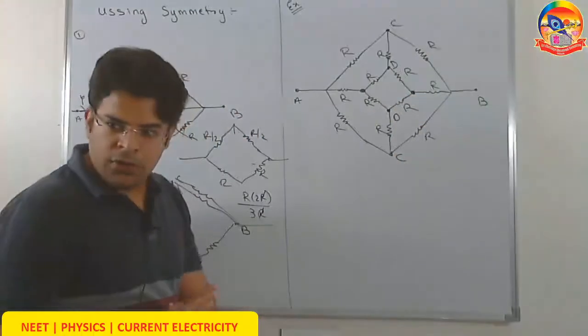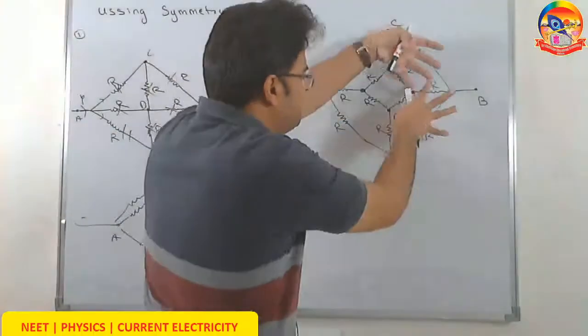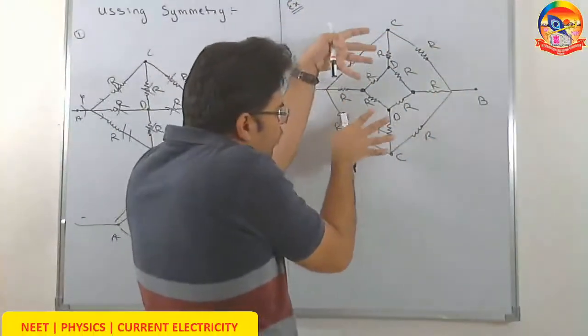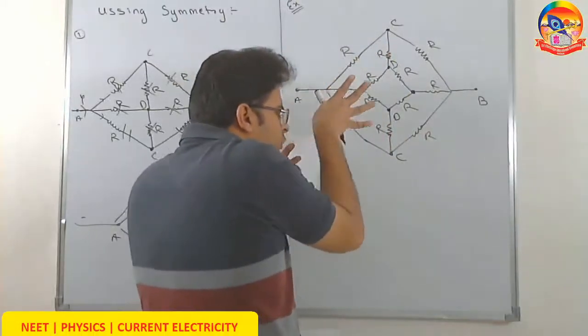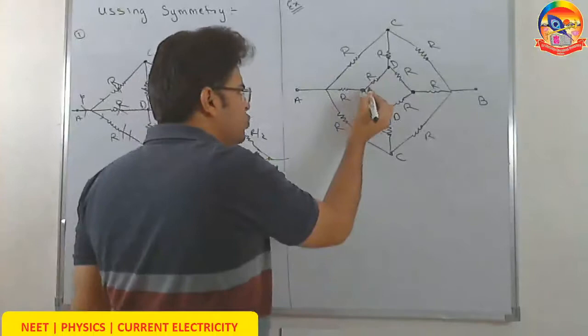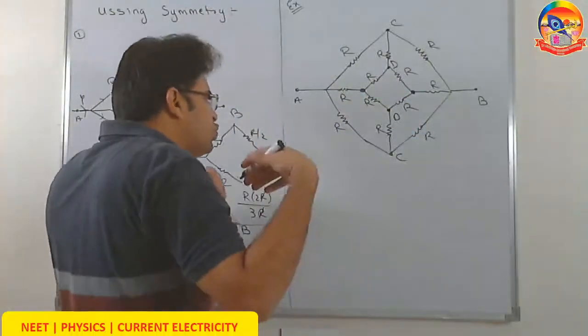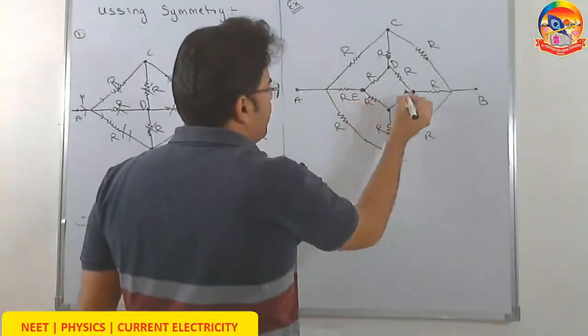No, not at all. Why? Current enters from here, it splits and then it's me. Beta, if the current goes forward, as the current goes forward, the potential of the right hand side should be lower. So you can't say that these 2 points are at the same potential, not at all. So what to do? Take them as 2 different points. Let's say E and F.